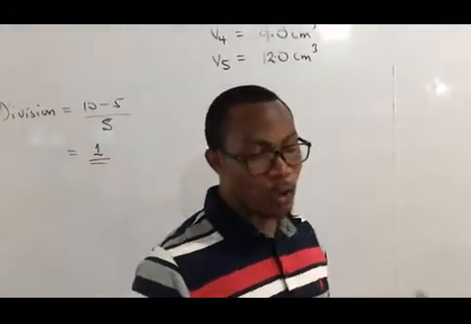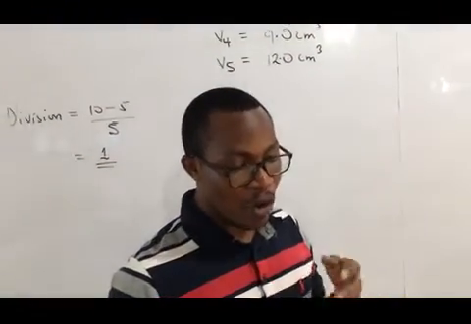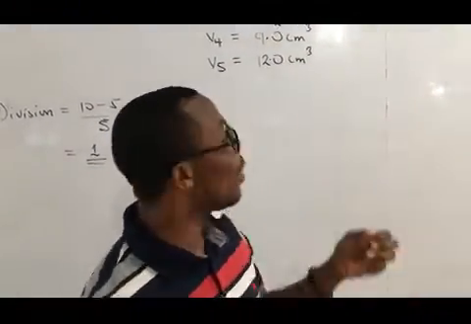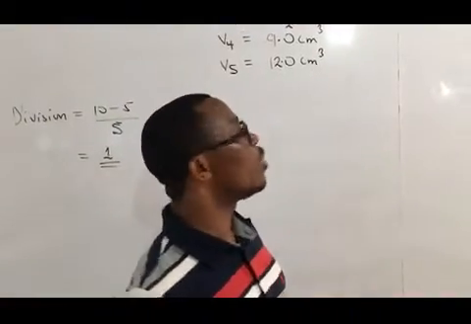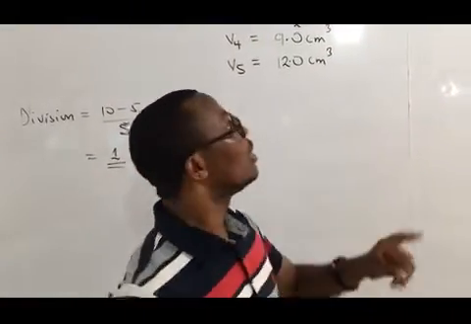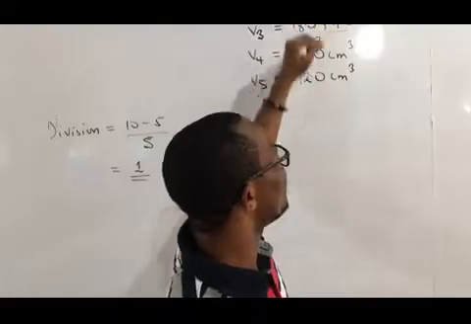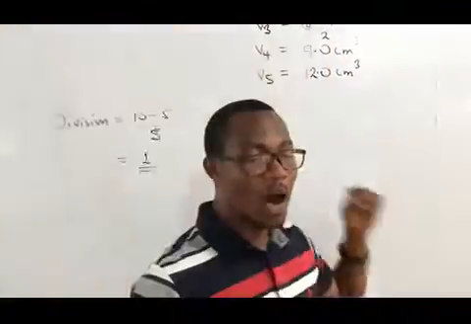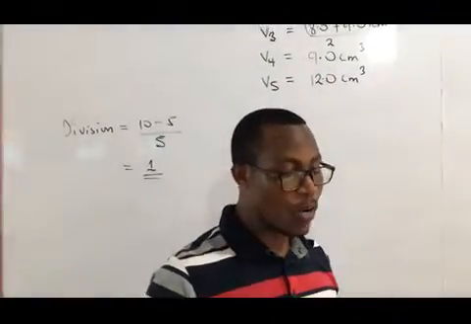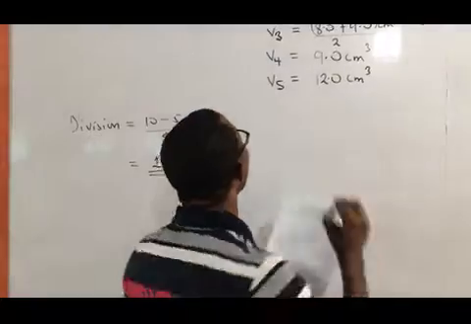So if you are asked to determine the volume of distilled water added during dilution, all you're supposed to do is to subtract the initial volume, that's the 5 cm cube, from the volumes you have recorded, and that will give you the volume of distilled water added. Okay, so for (ii),